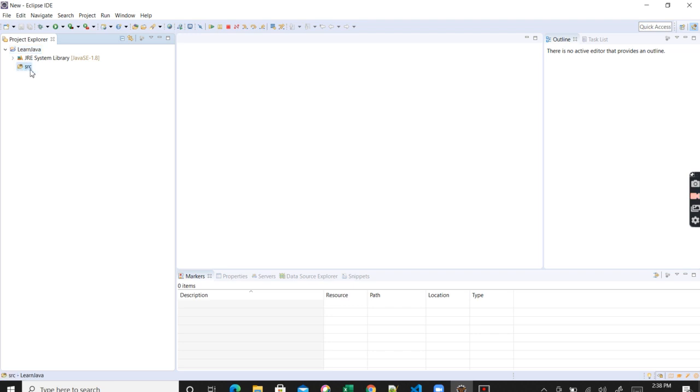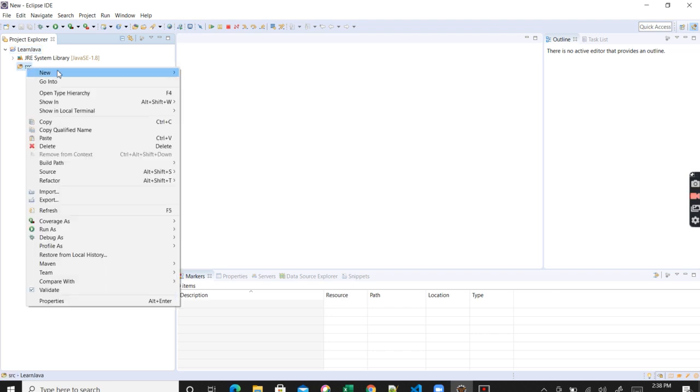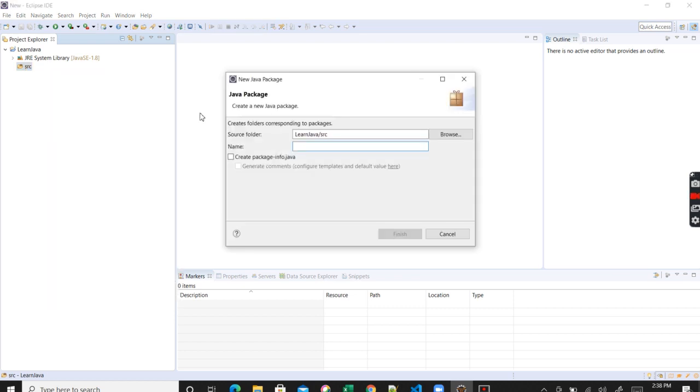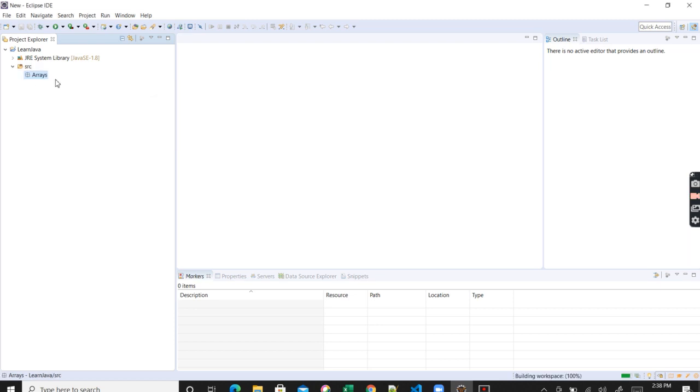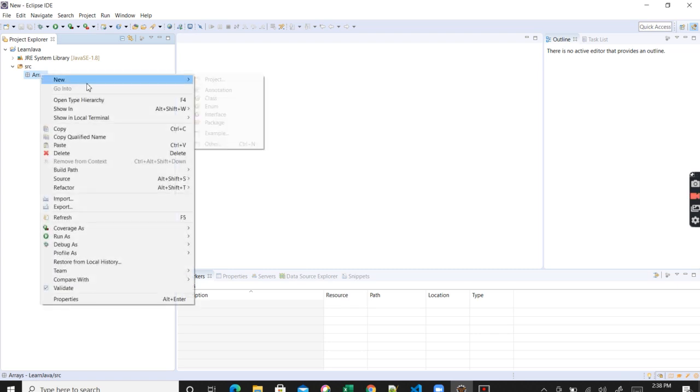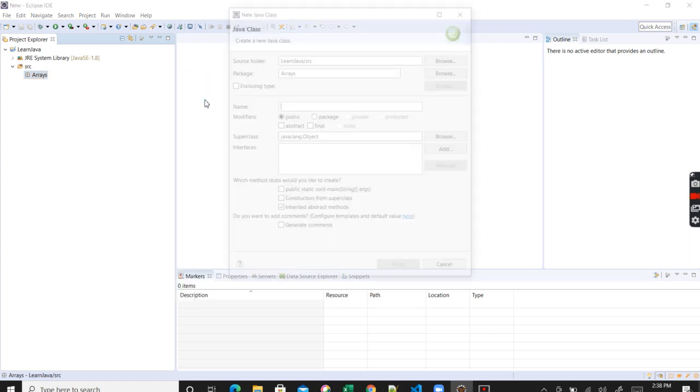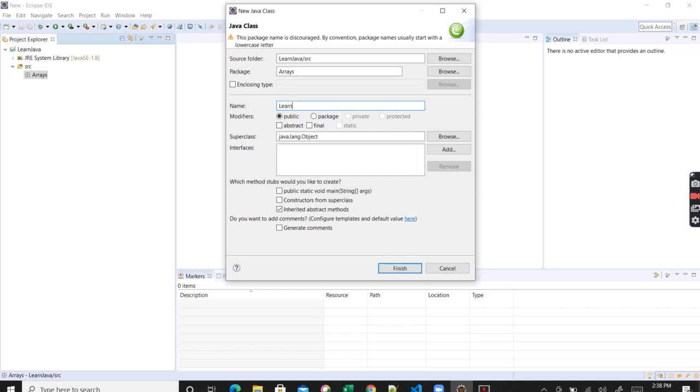Okay, so now I will create a package inside it. Let's say arrays. Inside this, I will create a class and let's say I give the name learn array.